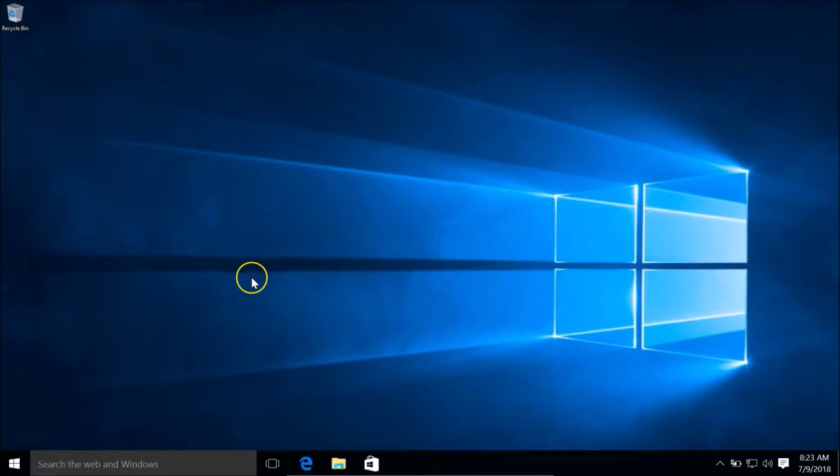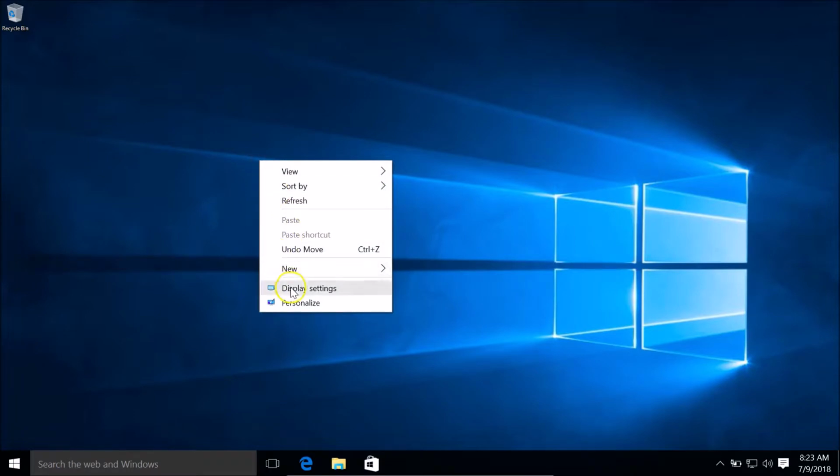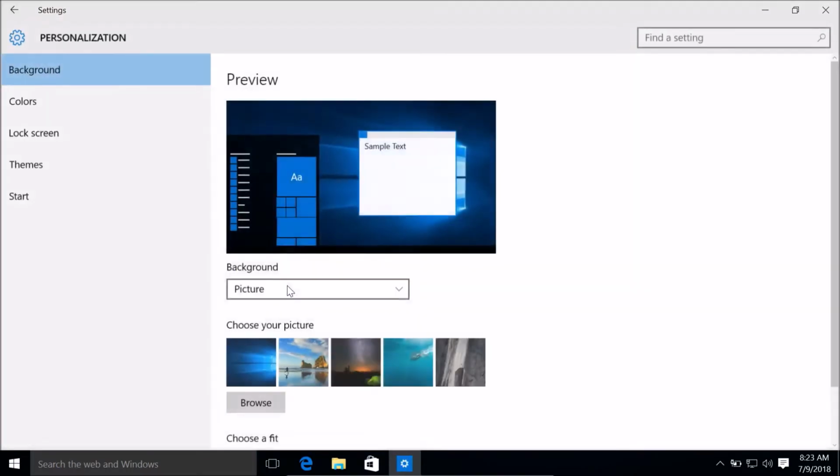Hi guys, in this tutorial I'm going to show you how you can get back this PC desktop icon. Okay, so as you can see, this PC desktop icon is missing, so I'm going to show you how we can get it back. You just need to right click on the desktop and click on Personalize,